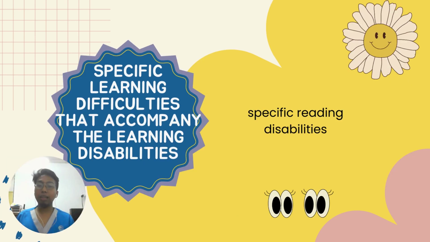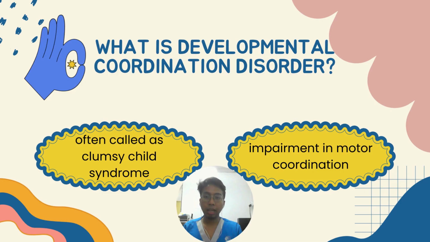And then last but not least is specific learning difficulties that accompany the learning disabilities, such as specific reading disabilities, where it does happen more frequently. For example, a reading disability in reading, I love to eat chicken. They might have delay or even have difficulties reading the sequencing and all that. I eat one chicken and so on and so on.